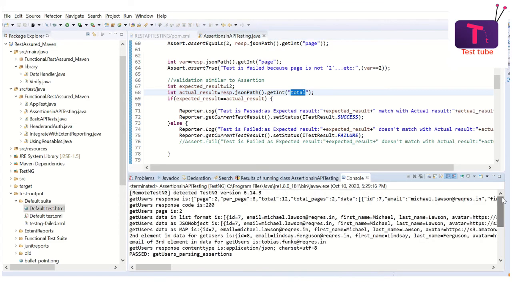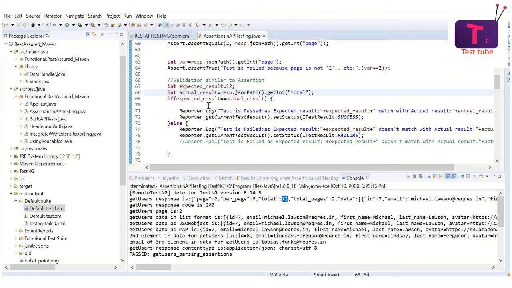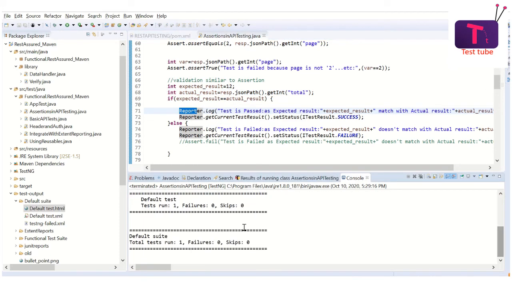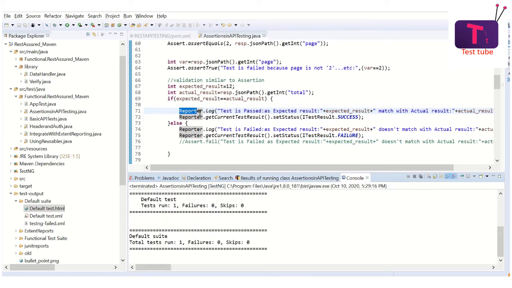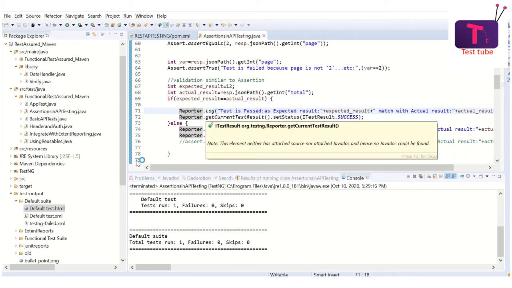Okay. So you see the response is printed over here, and if you see against total, it is looking for a value as 12. So if total is 12, then it should be success, and it is success. Like you see, no failures. You can see it over here also. No failures, it is success. All right. So one is achieved, that it is marking it as success.